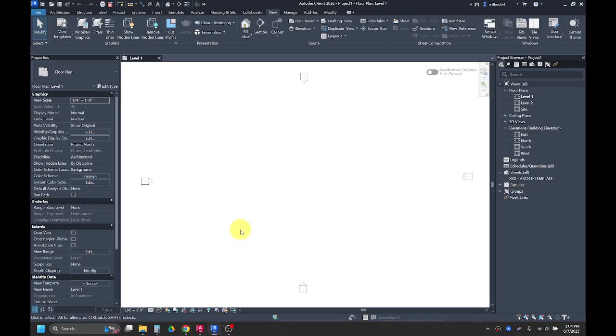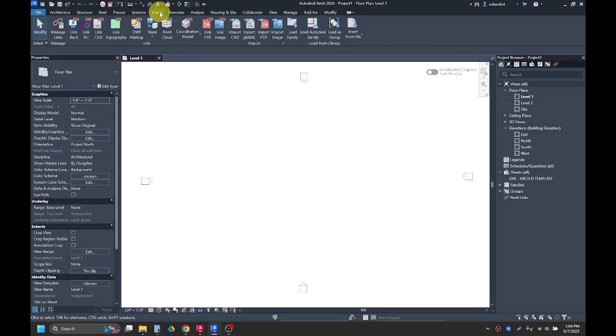And then back in Revit, we're going to go into the Insert tab. And then you can either choose to link a CAD file or import a CAD file. I would recommend linking a CAD file because it keeps the two files separate. But then the benefit is if you make any changes in the AutoCAD file later on, they get updated in here, as well as it will keep this file a little bit lighter, so it'll run a little bit faster. So I'm going to click on Link CAD,